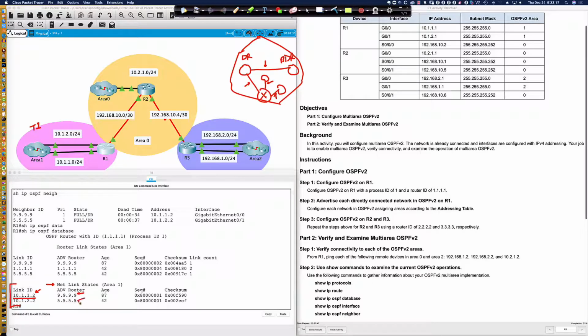On the top connection, which I believe is the gig 0/1 here for router 5 that we're connected to, here is the IP address for the designated router. And that's the information in the type 2, the network LSA. This is our type 2 LSA. Here is my type 1 LSA. These two LSA types do not